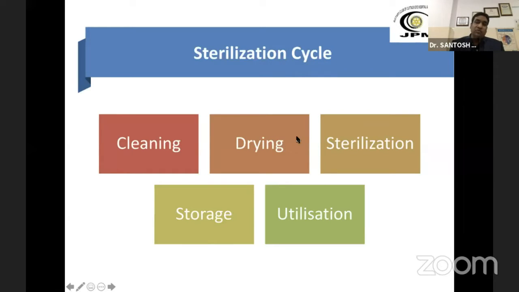This drying also applies not only to the instruments, but also to all the surfaces in the OT, including floors, tables, and trolleys. And the third step is sterilization, where you need to pack the instruments properly and then go for